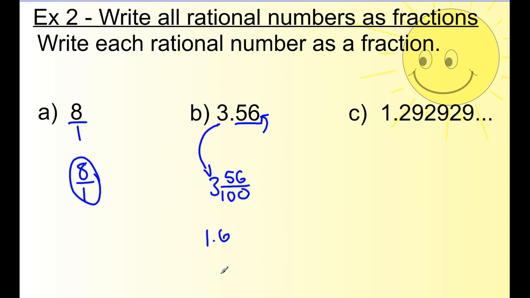1.6, well, whole number 1, put the 6 on the top, and since this is only 1 digit long, you put a 1 followed by 1 zero. If you had